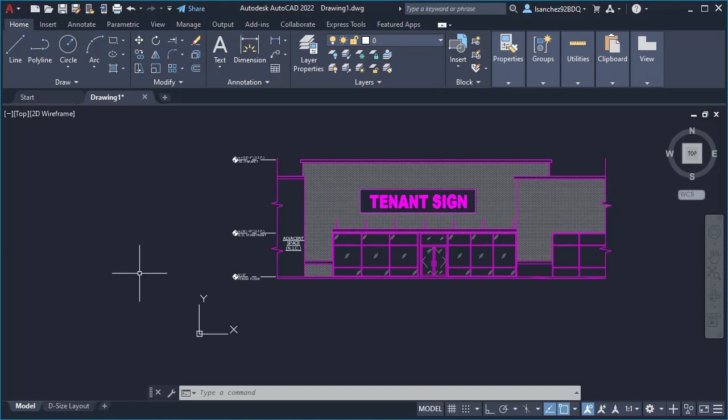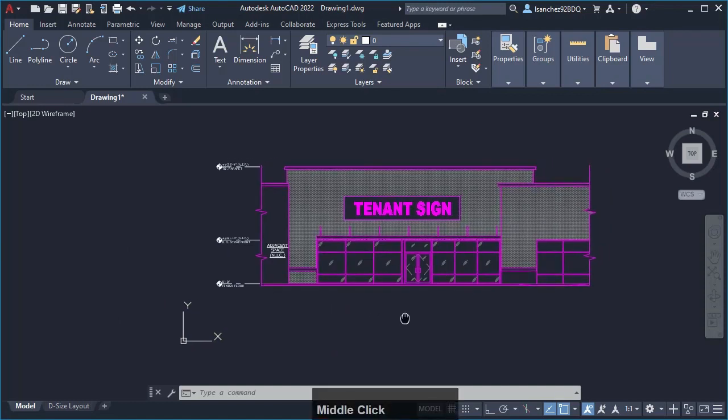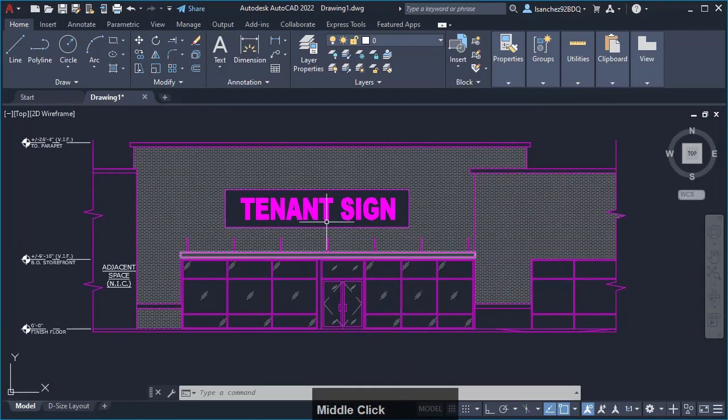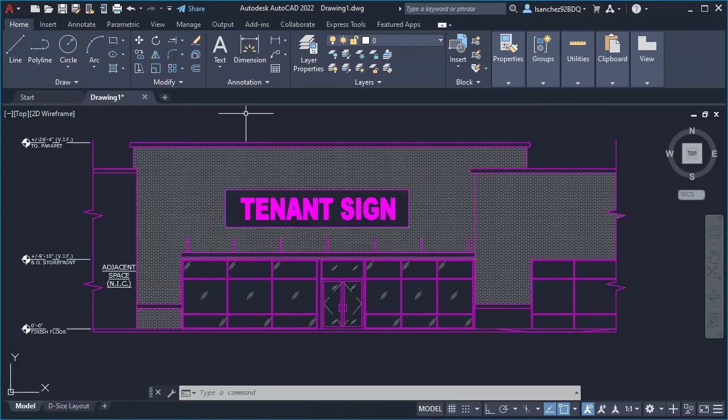So because we wanted to show you how we're doing this from scratch, right? Okay, so another useful command that you're gonna need is text, right? So text is right here on the annotation panel. You can also type on the command line text